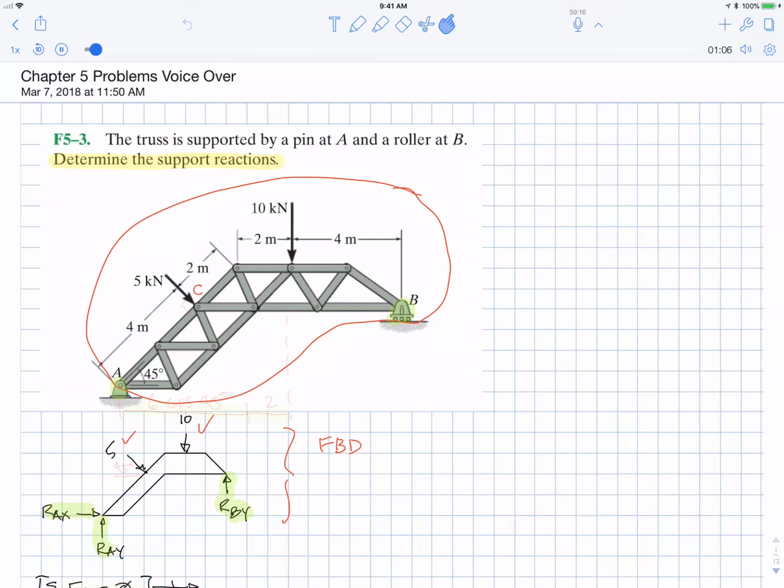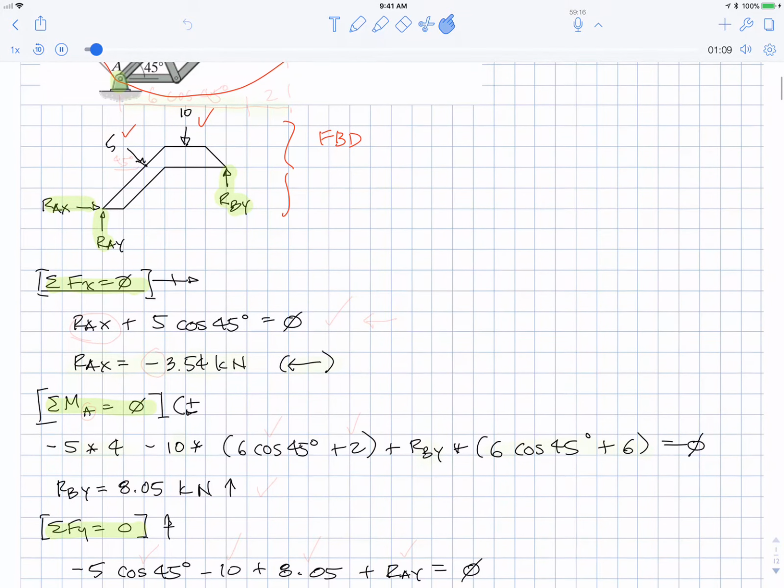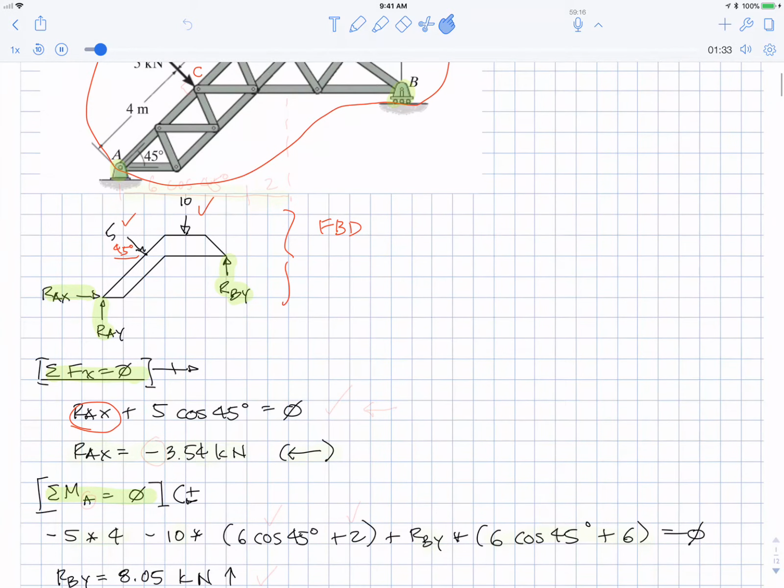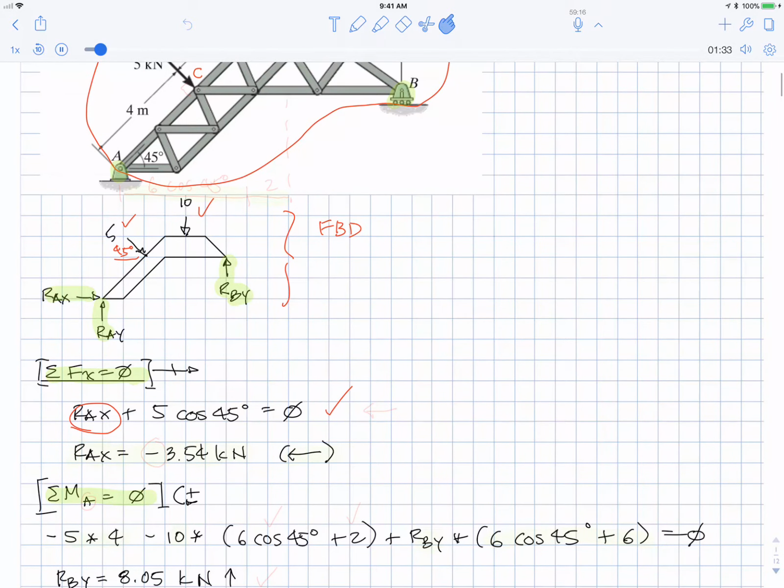You have three equations: sum Fx equals 0, sum Fy equals 0, and sum of moments about some point. I did the x direction first because I noticed there was just one unknown in the x direction, RAx. So I just looked at the free body diagram picture and I took everything going horizontal. So there's the RAx plus that 5, the horizontal component, that was 45 degrees, so 5 cosine 45 degrees equals 0. And I just solved that for RAx, which gave me RAx is minus